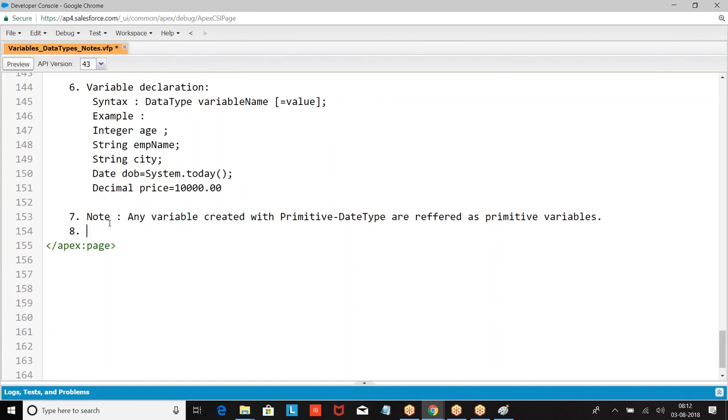They will only store the reference to the location where data is stored. Now what are they? Your collections, sObjects, objects created for an Apex class. All these are what? Reference variables. We'll see them one after the other. I hope you're good with this.